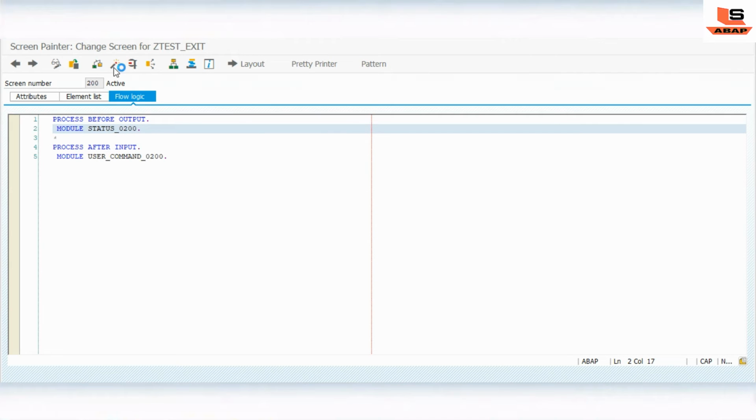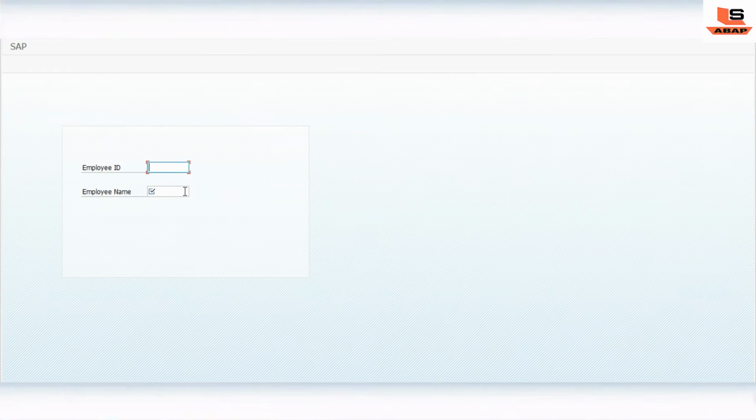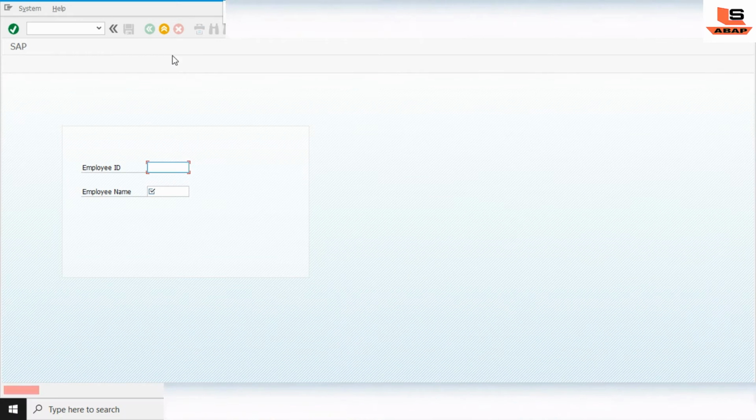Okay, so that's it. Now we will check how it works without the add exit command, because we have not defined any add exit command. Now if I execute this, as you can see both the fields are mandatory. And here, as you can see, our function key is the exit button we have defined. Now if I click on exit,